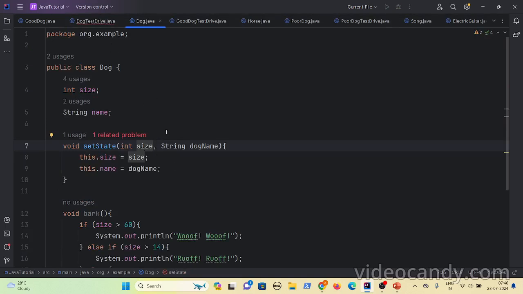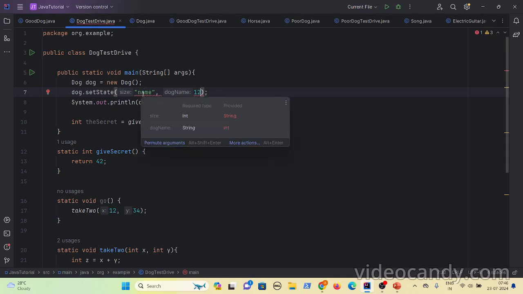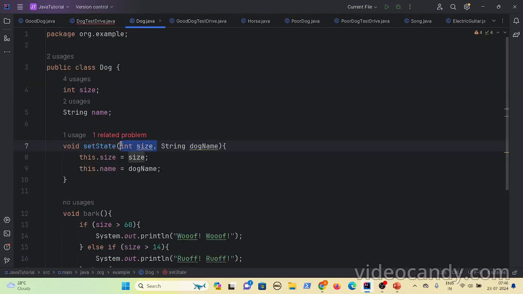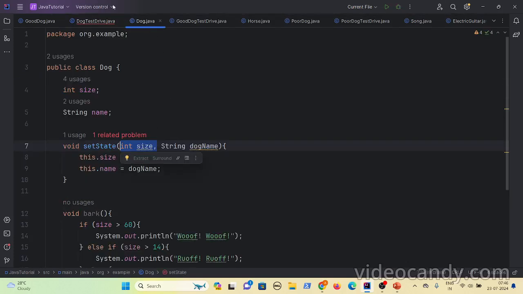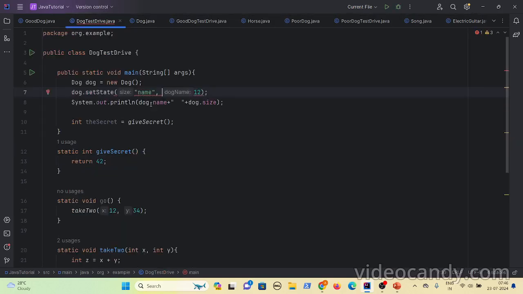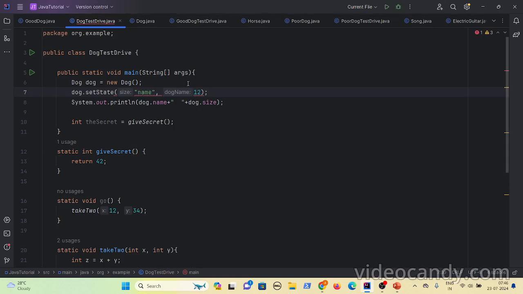You might think, okay, it needs size and name, I'll pass name first and then pass size as the second one. It will throw an error, because what the compiler does is check the type. First, it has declared size, and the caller is passing a string. So the method needs an integer variable, but the caller is passing a string value, so it will throw an error. If you see the second parameter, it is the name, whose type is string, so it also needs a string value, but here you are passing 12.